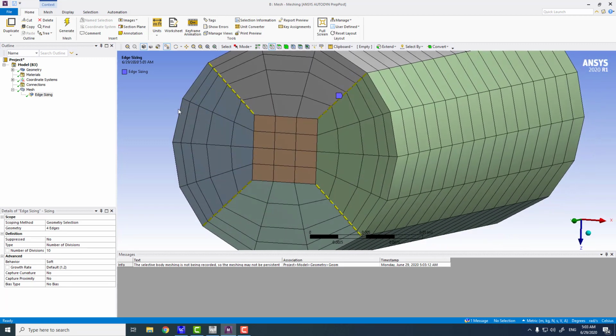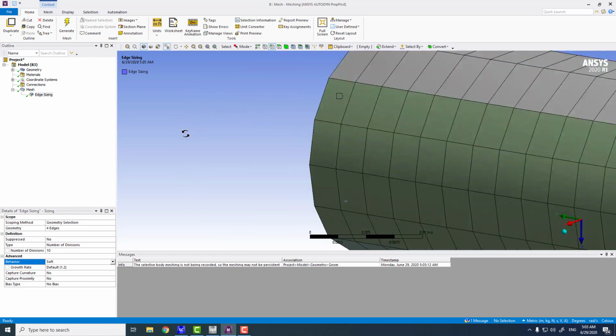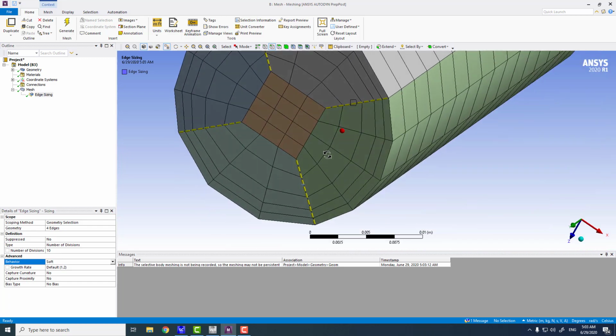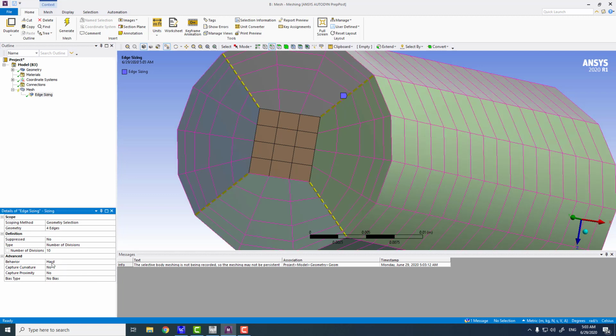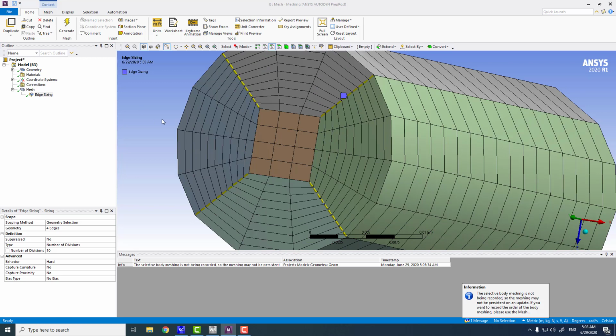Now you can see that the sizing is not applied, so I can change the behavior. If the behavior is not being applied as you want it to, then you can change the soft behavior to hard, and now this will implement whatever you want, even if the quality is reduced.